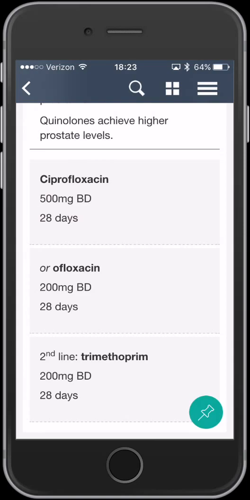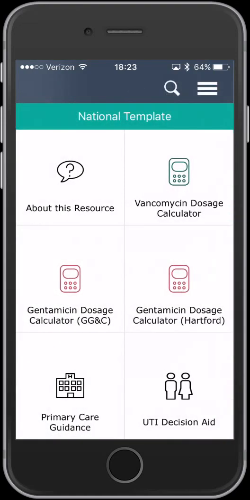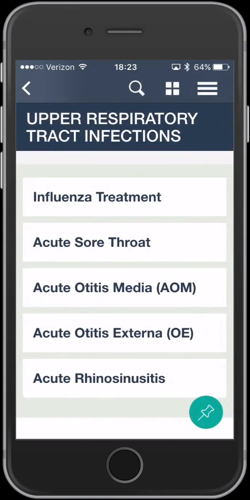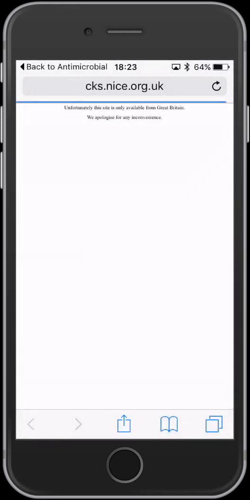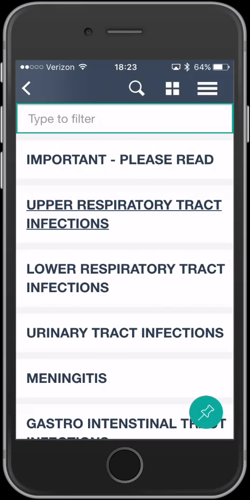Finally, some of the guidelines, as I mentioned, that you try to link to are only available in the UK, so that may not help you all that much. So, for example, I believe when I was looking up this site is only available from Great Britain, so that's unfortunate. But minor technicality since this app is really geared towards